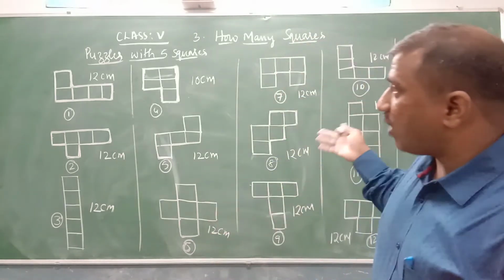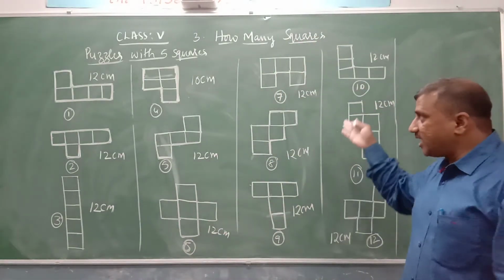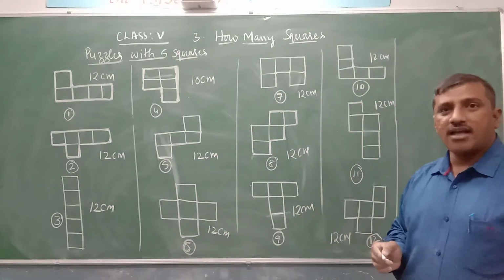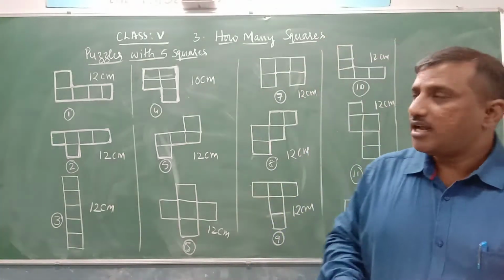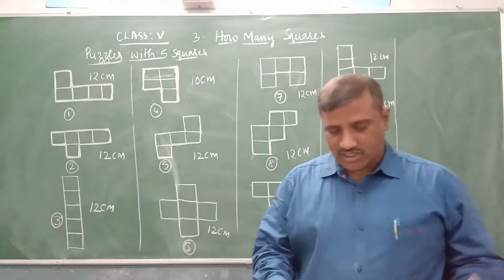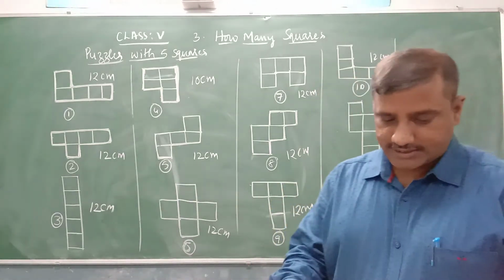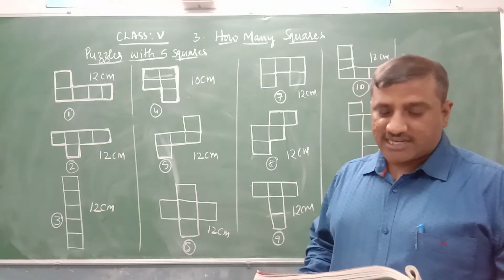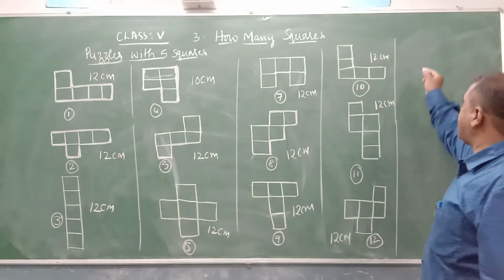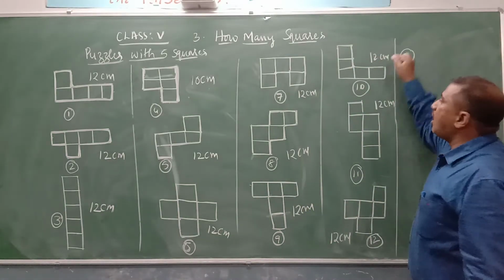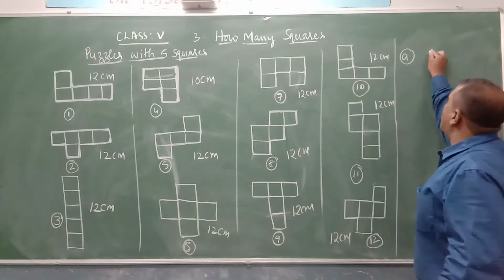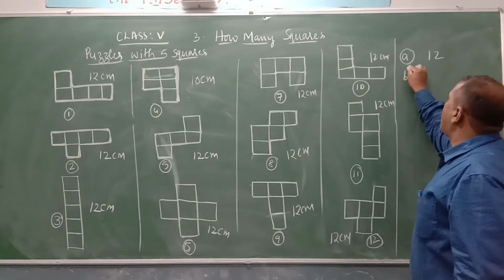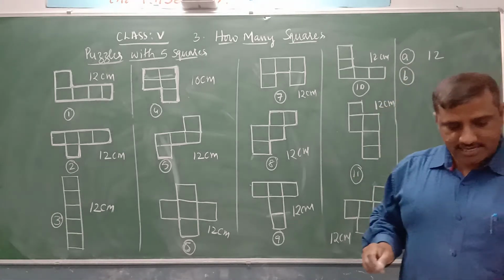Now what is the area of these shapes? The areas of all these shapes are the same, and it is 5 square centimeters. Now there are questions here. Let us answer those questions. How many different shapes can you draw? The first question is, how many shapes can we draw? How many have we drawn here? It is 12. 12 shapes we can draw using 5 squares.